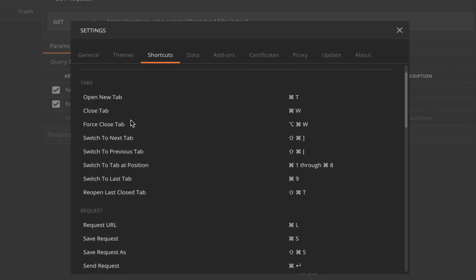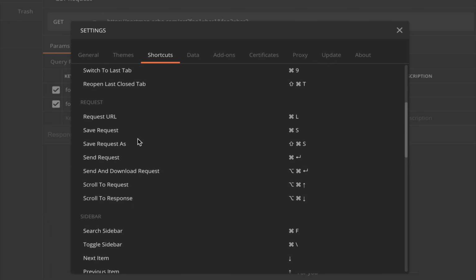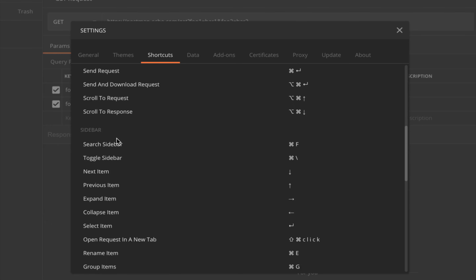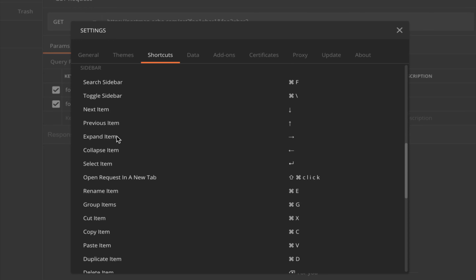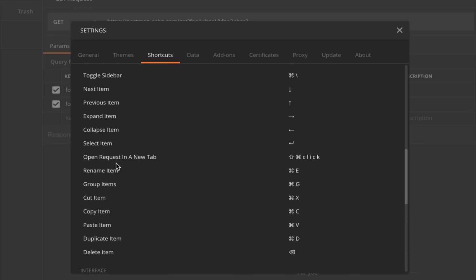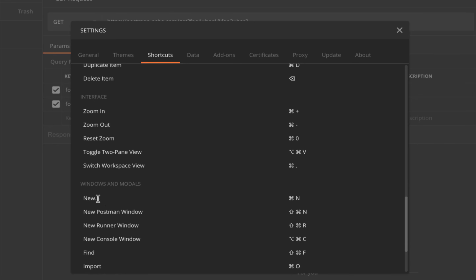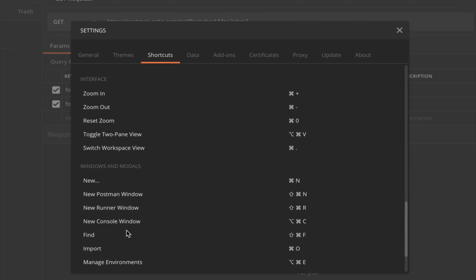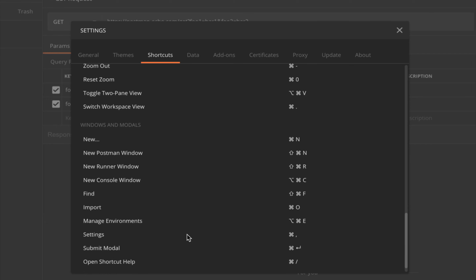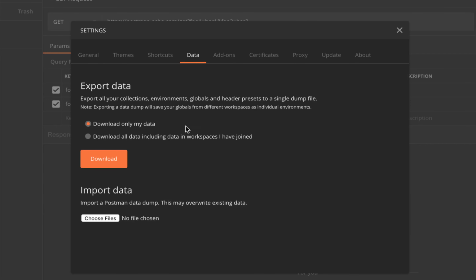We have tab shortcuts for opening and closing new tabs, etc. Same thing with requests: sending requests, saving requests. Sidebar information, so if we're scrolling through the sidebar, collapsing, selecting items in the sidebar, copy, pasting. Interface as well, so zooming in and zooming out. And then lastly here we have the windows and modals, so a new Postman runner window, a new console window, a new Postman window in itself. So we have two of them, which sometimes personally I like to do in Excel, but same type of example. Doing finds, imports, etc. Here we have our data tab, and the data tab allows us to export or import